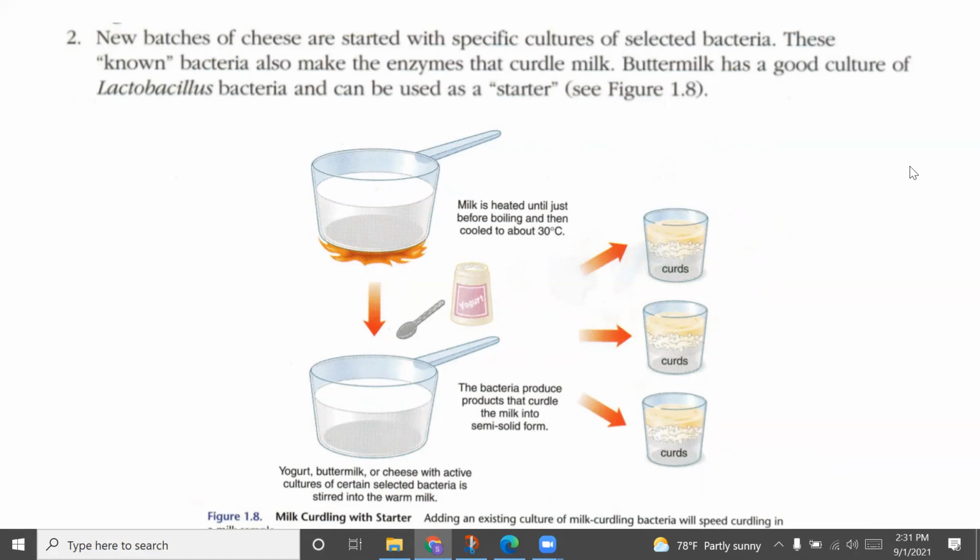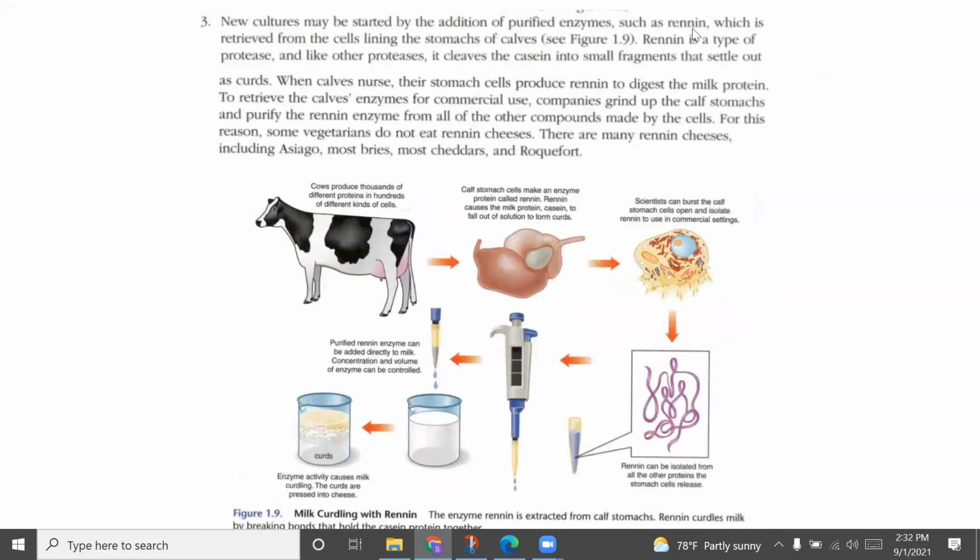You add that to the milk, and then you let it sit. You get curds and whey. In this case, the milk is heated, and then that starts the process. All right, so number 1, bacteria from the air. Number 2, bacteria from a specific source, such as buttermilk or yogurt. Now it's a bit more complicated. In this case